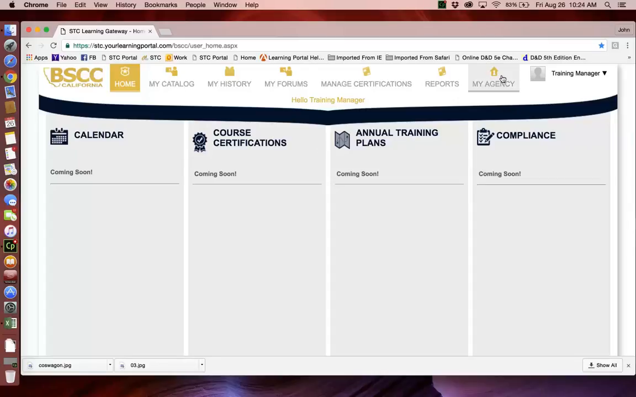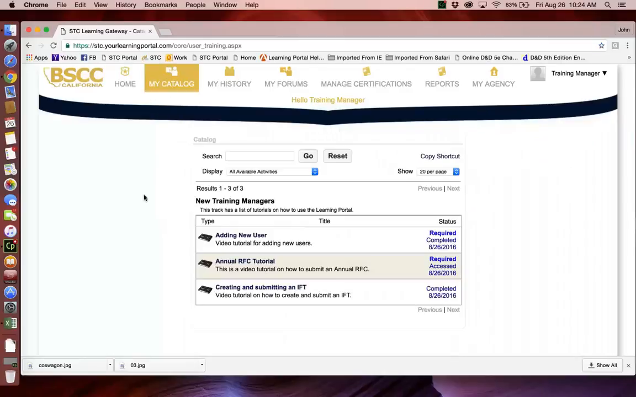So I'm going to start here. This is mostly for training managers, but everybody will have it. My catalog area. Now, my catalog is for training that is assigned to you when the full LMS is functional. In the beginning, though, STC will be using this to build tutorials so users can learn how to use the system. So I'm logged in right now as a training manager,